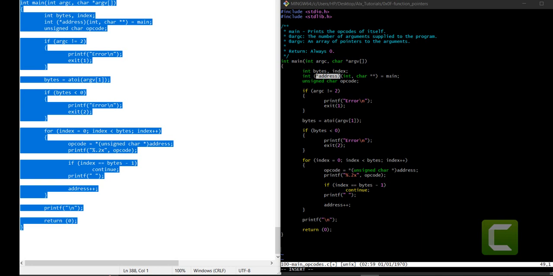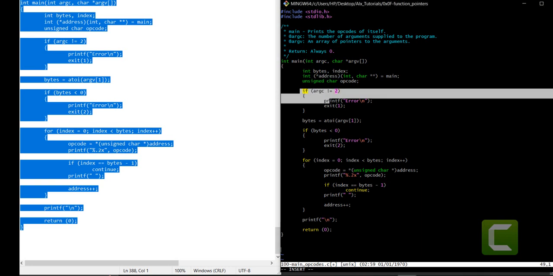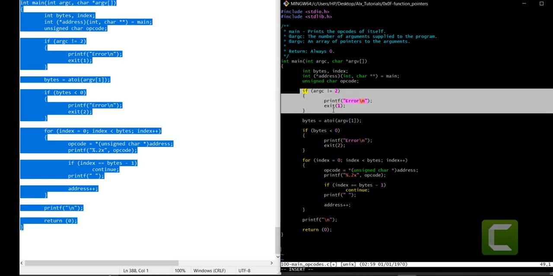So it will check that the program that was called has exactly one argument. This is where it checks if it has exactly one argument. And if not, it's supposed to print the error and exit with status 1. And then it converts the argument to an integer and assigns it to